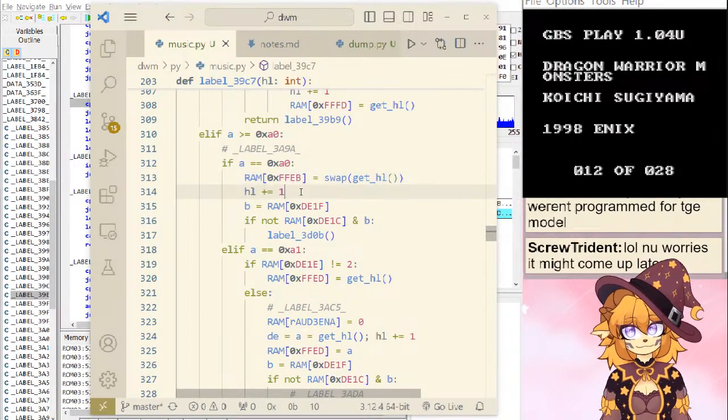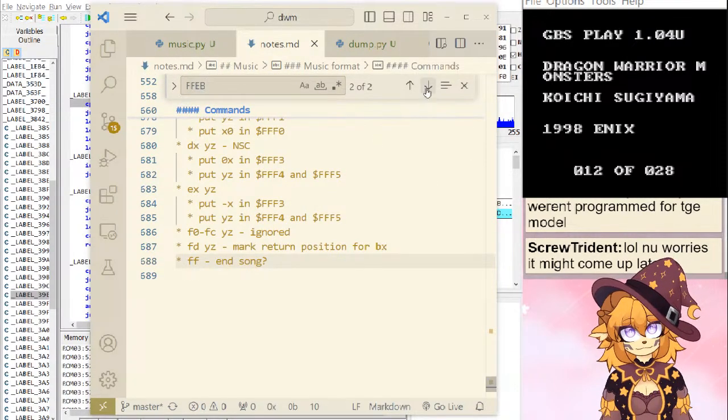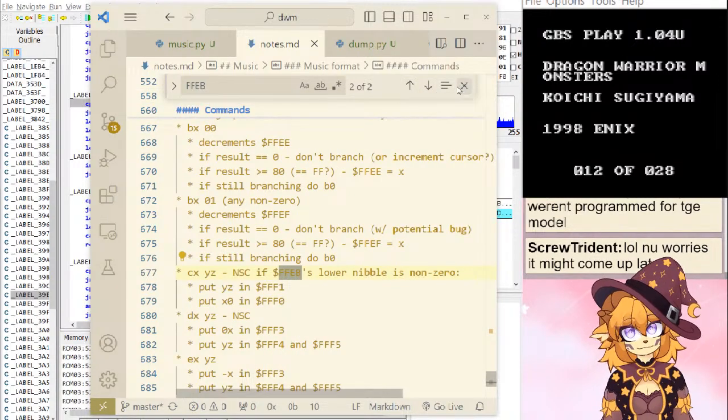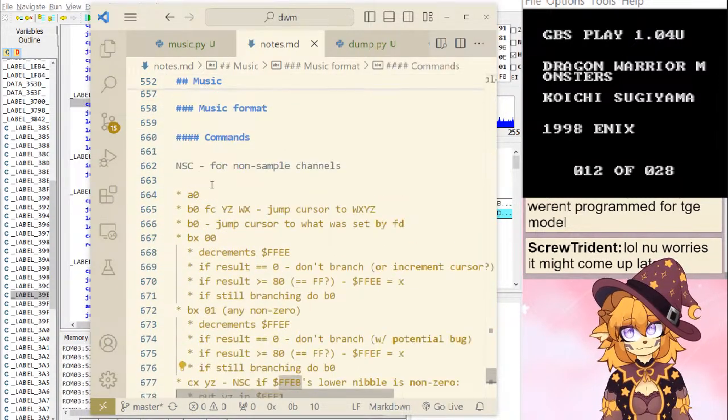That's an A0. We got A0, so it takes FFEB. I know we just saw that not too long ago. Was this the volume and stuff? Yeah, volume related. Probably don't know the whole detail here.